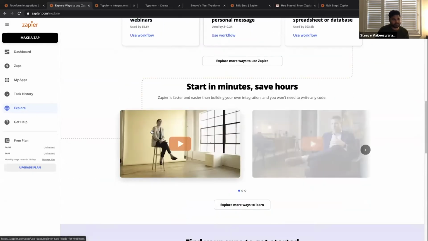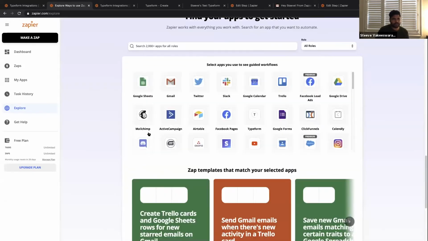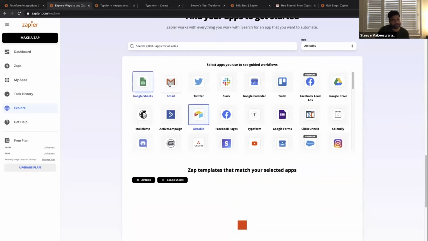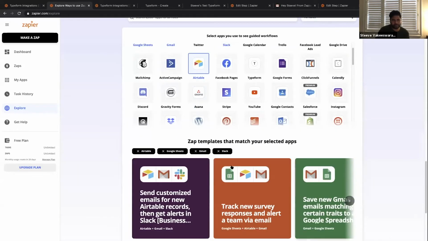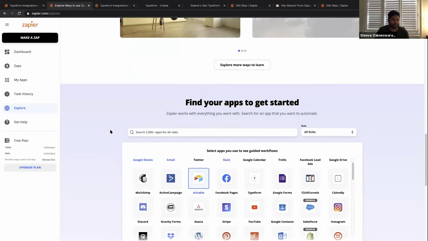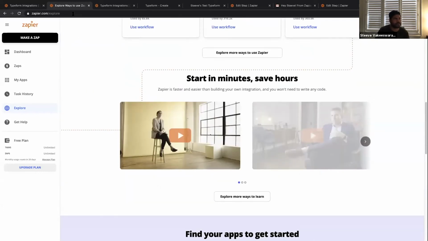My favorite part is as soon as you get to the bottom, you can actually put in parts of your tech stack today. So let's say we're using apps like Airtable and Google Sheets and Gmail and Slack. You can actually input and select all of these apps to get some inspiration of what are some popular applications or Zaps that are on our platform and what other folks are using ranked by popularity. So you can find all that information here. But enough of this, let's actually get in and start building a Zap together. So I'm going to head back into